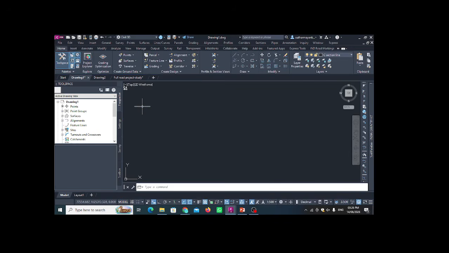Now see what I'm going to do now. We have points, okay, and we create a surface. Now I have to create an alignment. So for that I create an alignment, like see, I create the alignment